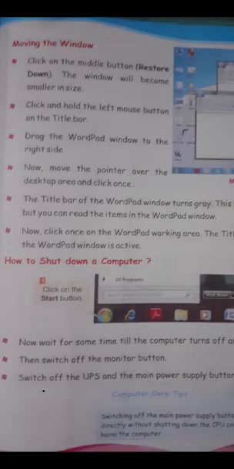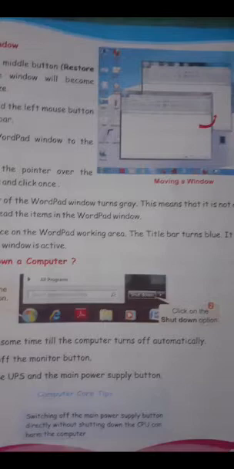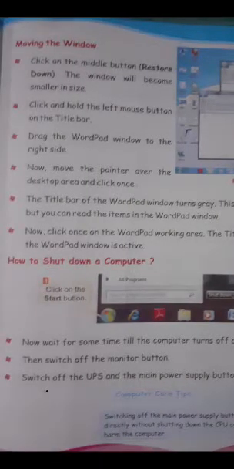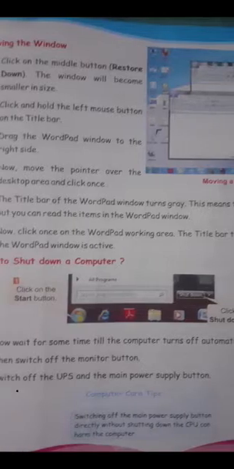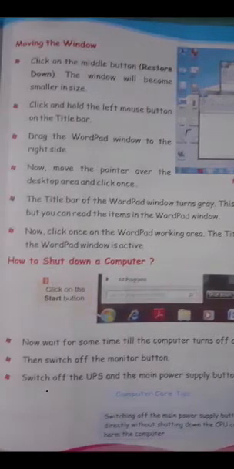Now move the pointer over the desktop area and click once. The title bar of the WordPad window turns gray. This means that it is not active, but you can read the items in the WordPad window.